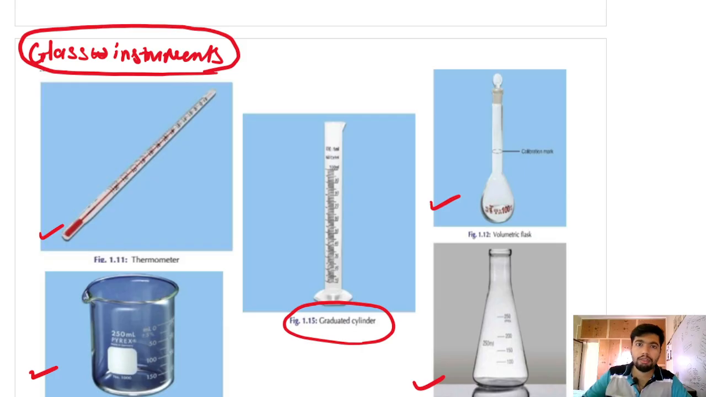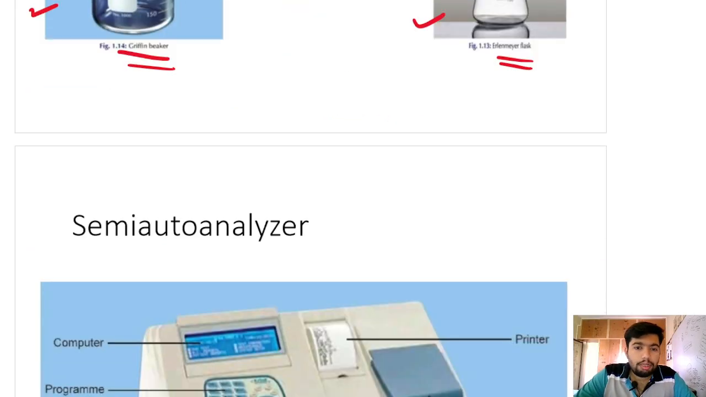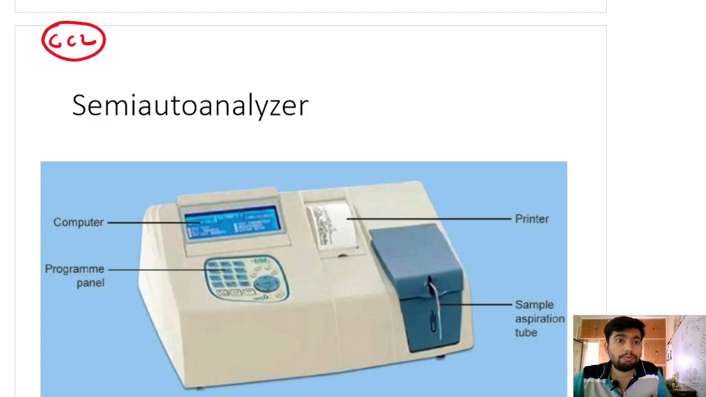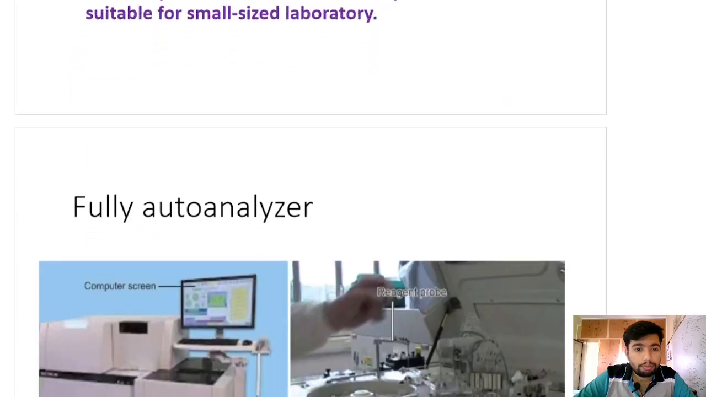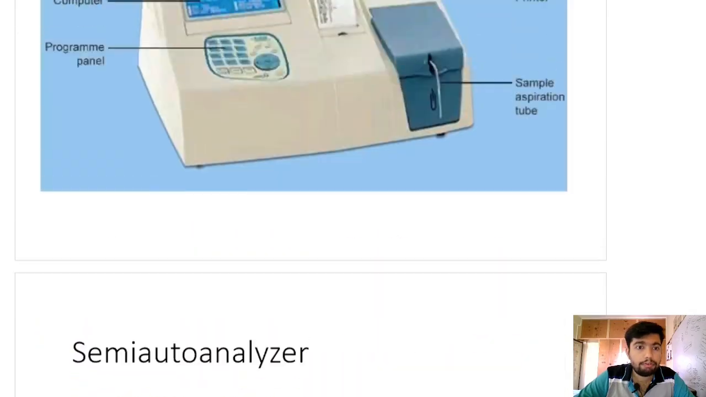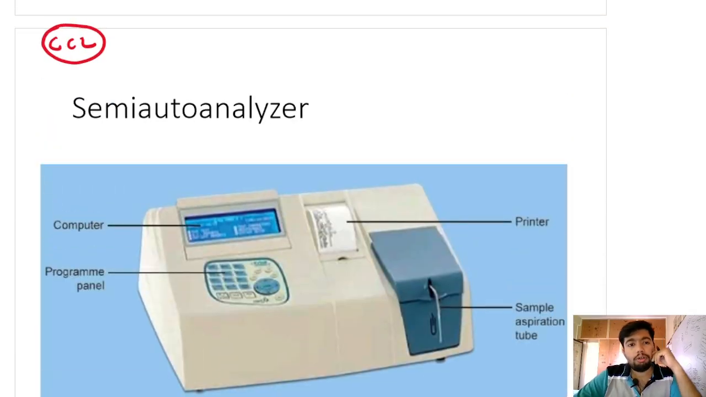Now this is a very important instrument that we use in the clinical chemistry lab. This is a semi-automated analyzer, and the next instrument I am showing you is a fully automated analyzer. What is the difference between semi and fully automated analyzers? Whenever you want to do any biochemical test, like serum urea or serum uric acid, or SGPT, SGOT in liver function tests,